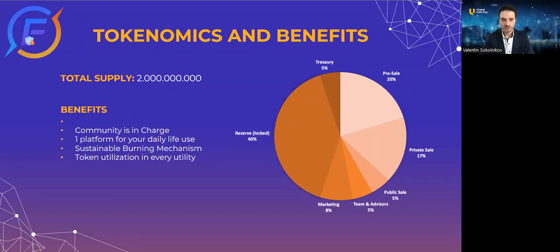And we, as the company, are going to buy it out and burn it to make sure that the number of tokens is kept small and the process of deflation is ongoing, when the number of tokens is lower and lower. So those tokens that were allocated for the pre-sale stage